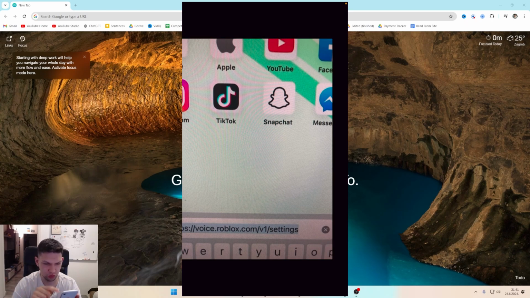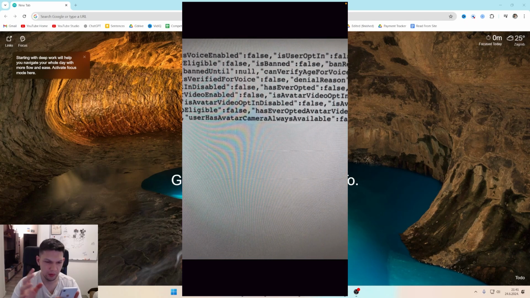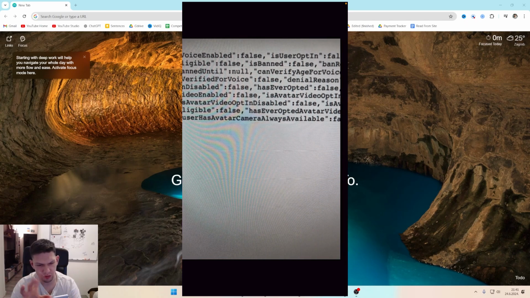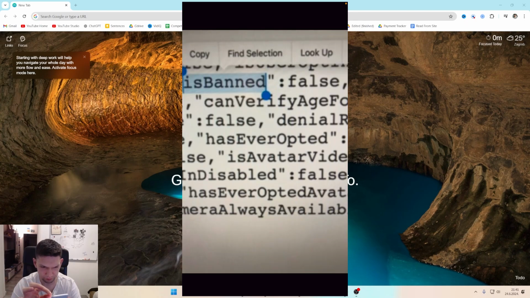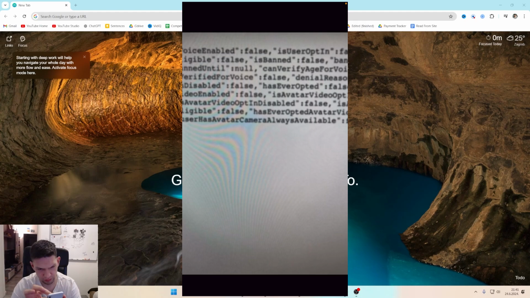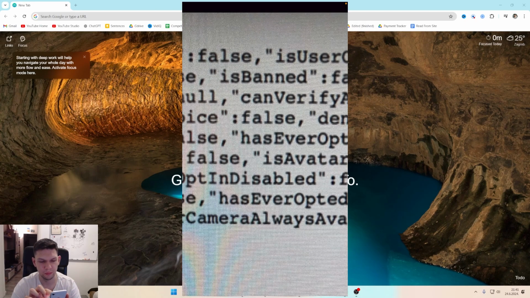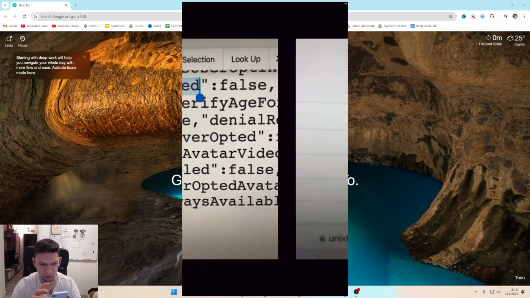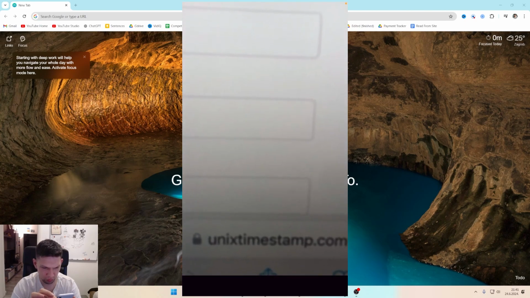voice.roblox.com/v1/settings. So make sure you type that into your browser, and before you type this in, make sure you're logged in already on Safari, for example. Then you're going to see a bunch of things on the screen, but what interests you is "is banned". This is banned you will find here at the middle on the top screen, and then you want to go to